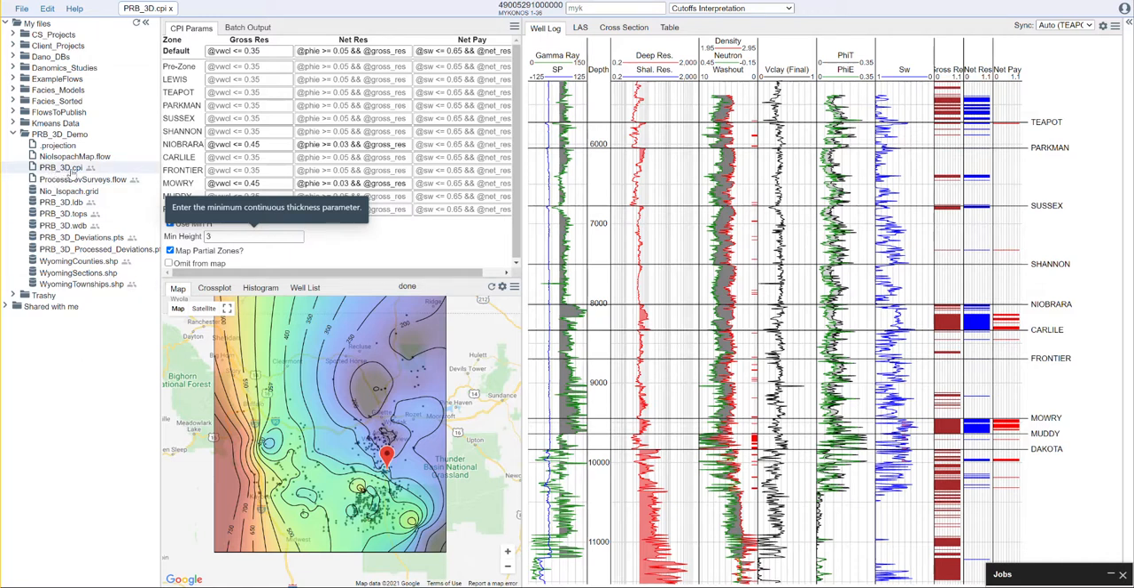petrophysical interpretation file. This is the .cpi file type. And I've gone through and I've done my interpretation. As you can see, I have generated a map here, and this particular map is an isopack of the Niobrara Formation. So now, even though we have maps available to us in the petrophysics, you'll likely want to build richer